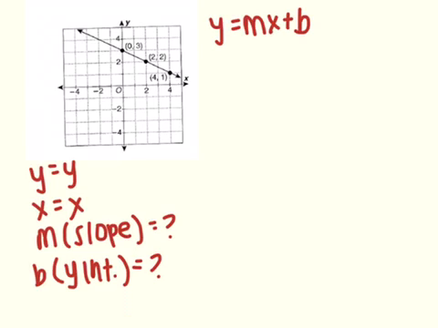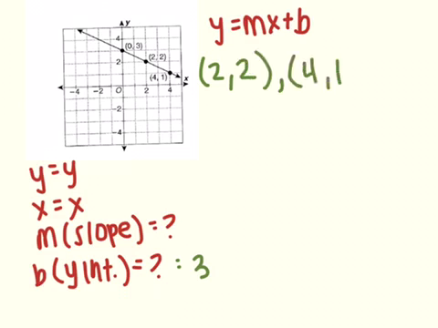B is our y-intercept, or where it crosses this y-axis right here. So as you can see, it crosses this axis at this point, which is (0, 3). So in that ordered pair, the y is the 3, so we know that our y-intercept equals 3. Now for the slope, we need to use the ordered pairs given, (2, 2) and (4, 1), to find out